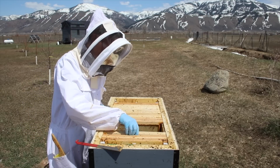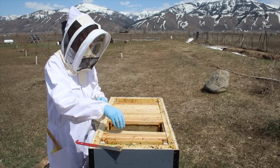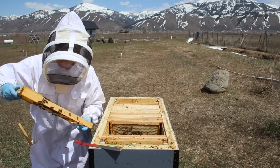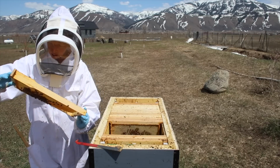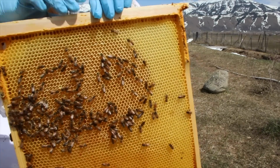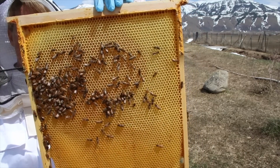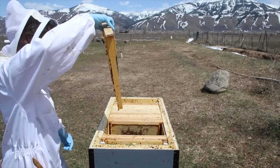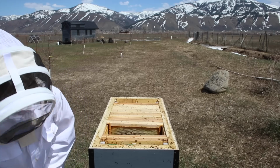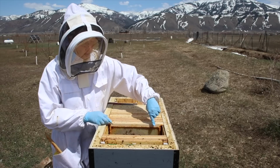Anyway, so in my process of looking for hoods, I discovered this miraculous invention. This is a clear poly something sheet. This makes it so much easier. This is my first time getting to use it for a hive inspection, but that is a ton of new honey. That is great to see. Again, I don't know if you'll be able to see this, but this whole corner has very heavy, shiny, new honey coming into it. I really was not sure that these ladies were finding nectar anywhere yet to bring in. Anyway, it vastly improves, which is what I was hoping for, the ability to really easily see what's going on down in the cells